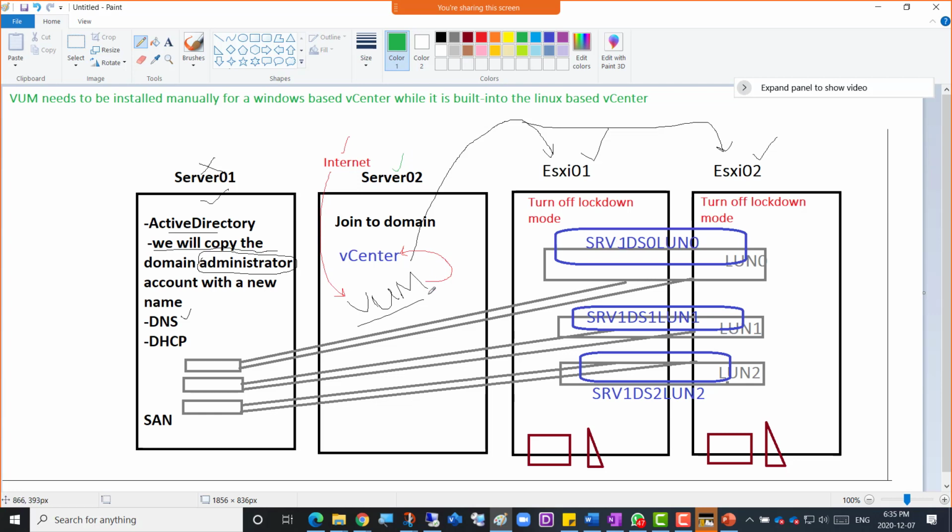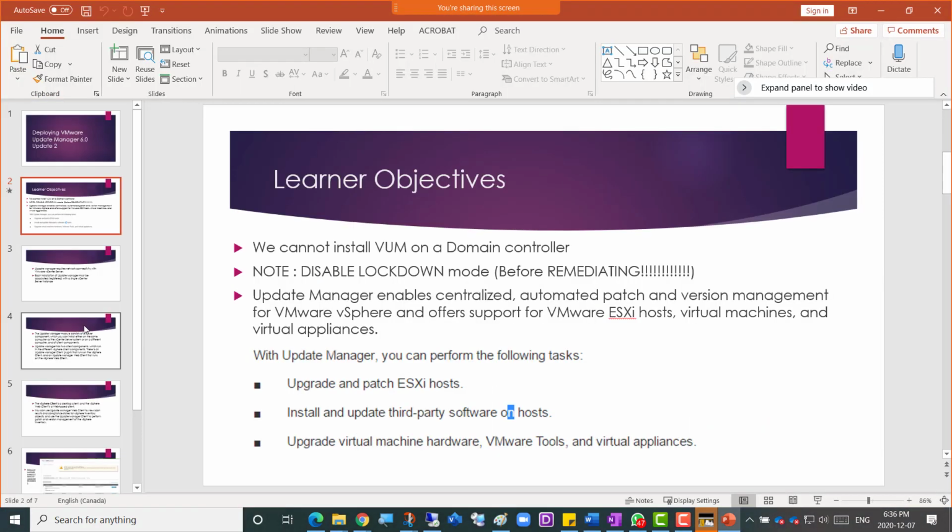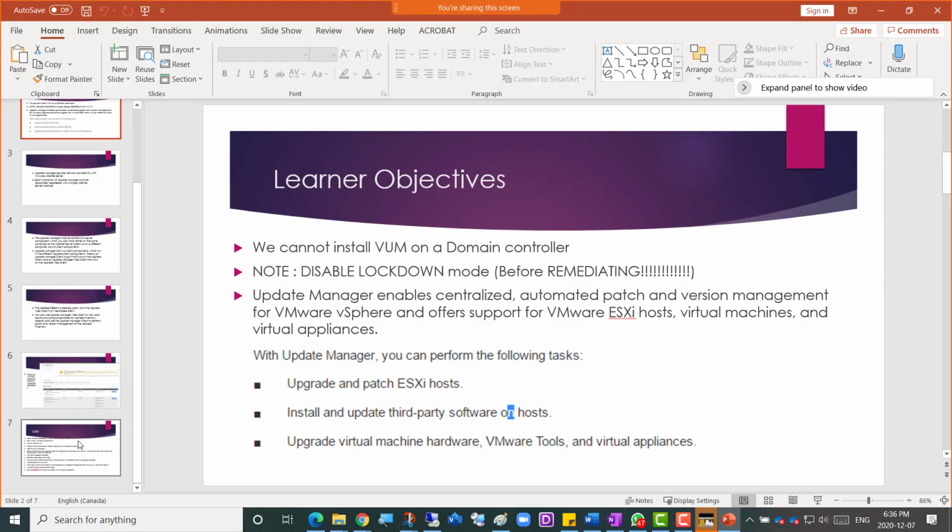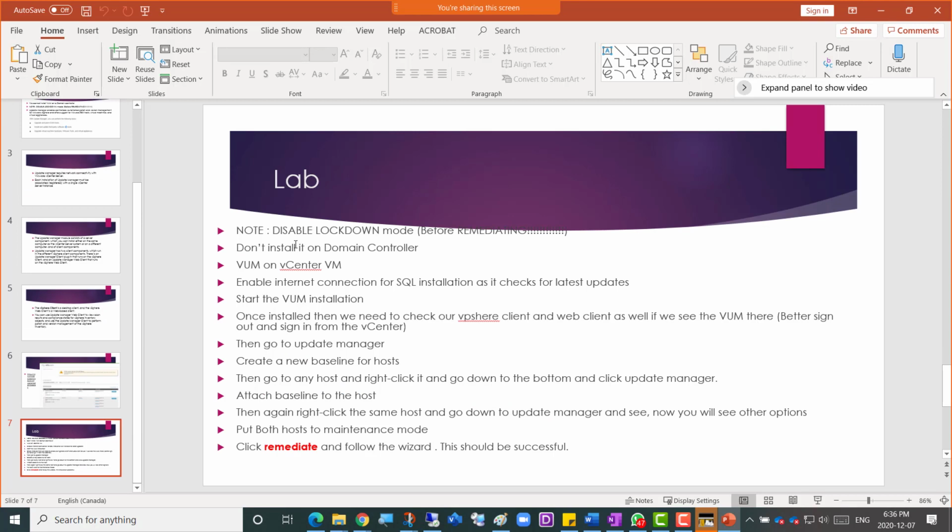Okay, so let's go ahead and go to server 2 and check out that if we have the server there. I'm going to go down to this requirements here. The first thing is disable lockdown mode. If this lockdown mode is not disabled, then we will not be able to do the VUM deployment or patch deployment on the hypervisors. So what we can do is we can go to the two hypervisors one by one